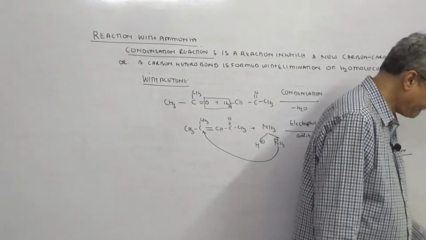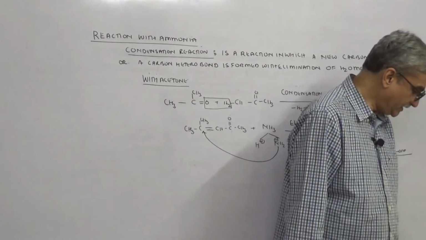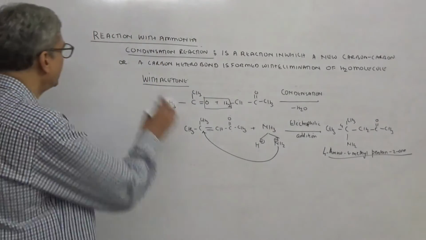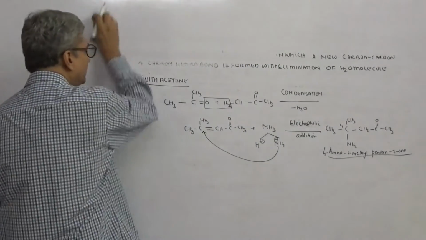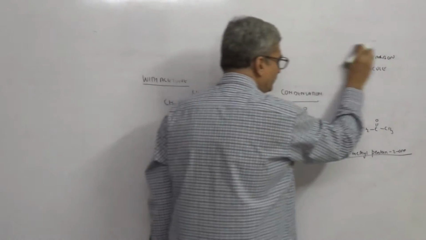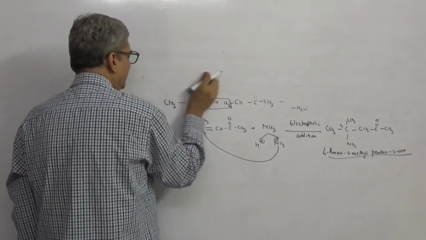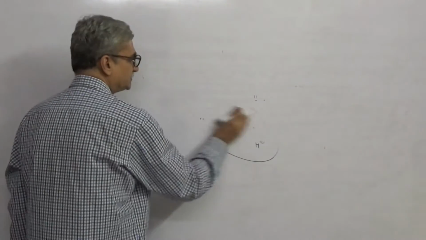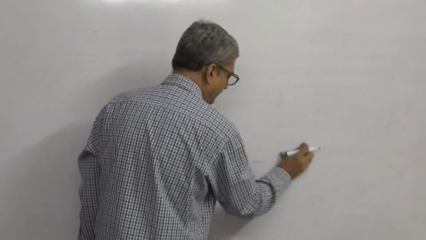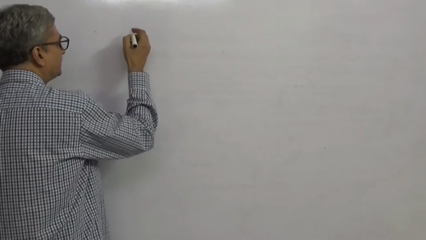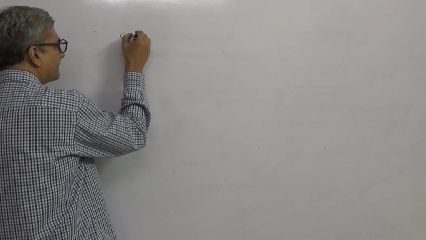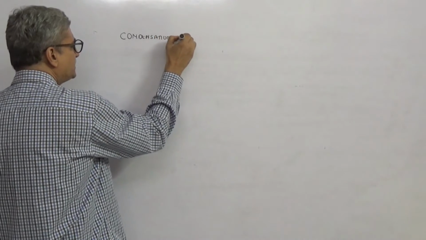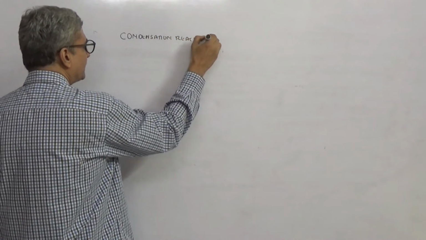Then what do we have? We have other condensation reactions. Now we come to purely condensation reactions. What are the other condensation reactions? Very, very important, I am telling you. Is this clear? In the textbook they have just given half a side. Let's take an example and then try to understand over here. So purely now we are talking about condensation reactions.